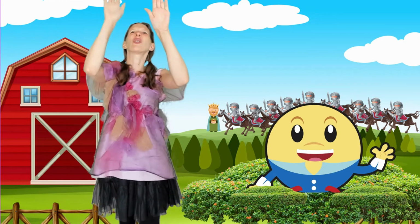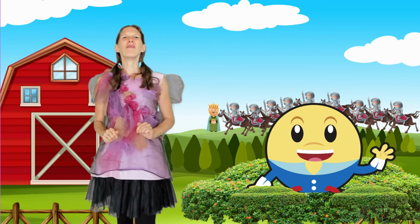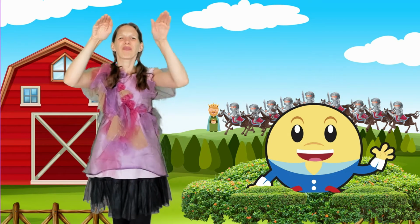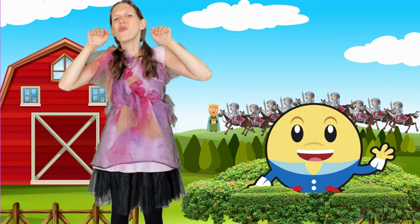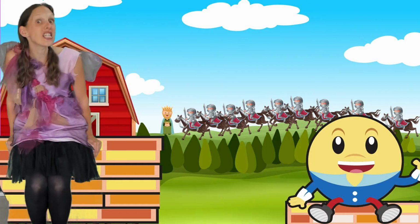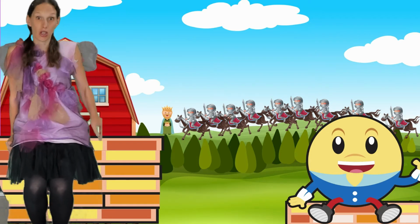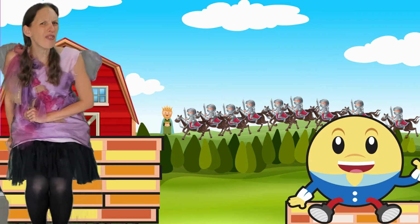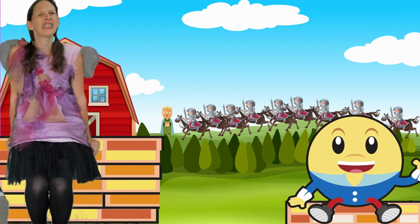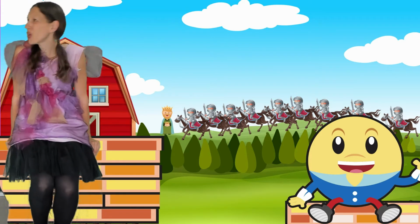Oh dear, story explorers. I think I made my wall a little bit too high. How did you get on with your wall? There you go, Humpty Dumpty. A nice wall to sit on. Story explorers, you must be very careful where you sit and always sit somewhere sensible. Not on a wall where you could